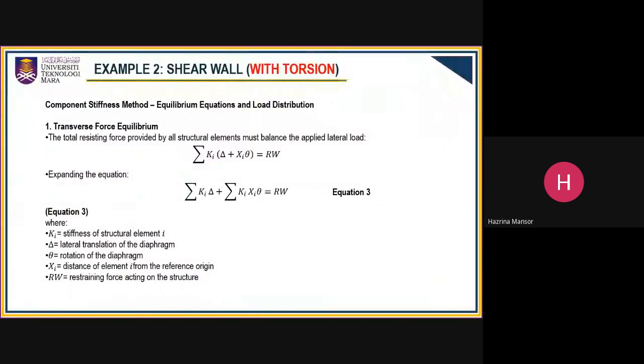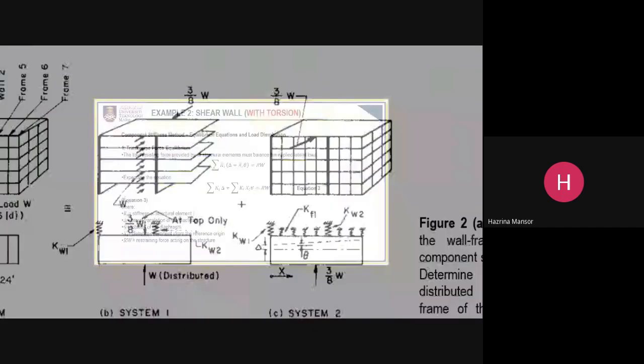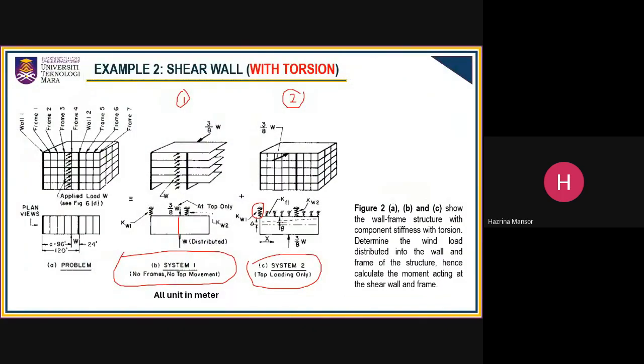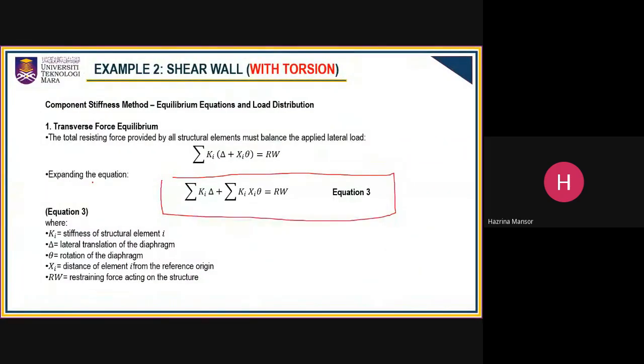So in order to calculate this, you need to simply use equation 3. Okay, equation 3, because here you need to know the transverse force equilibrium. Transverse force equilibrium is the summation for you in order to find your displacement and rotation. So basically, this equation is for you to get the value of the displacement and also the value of the rotation, because this value is needed in order for you to